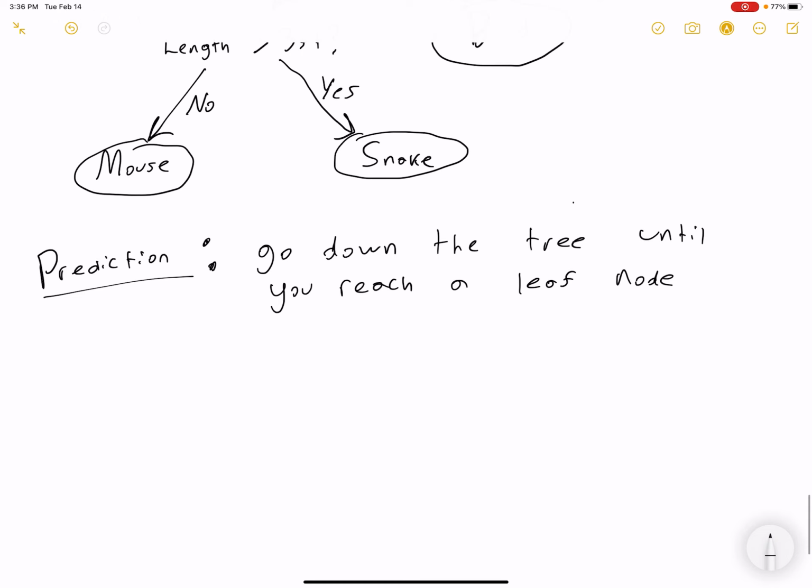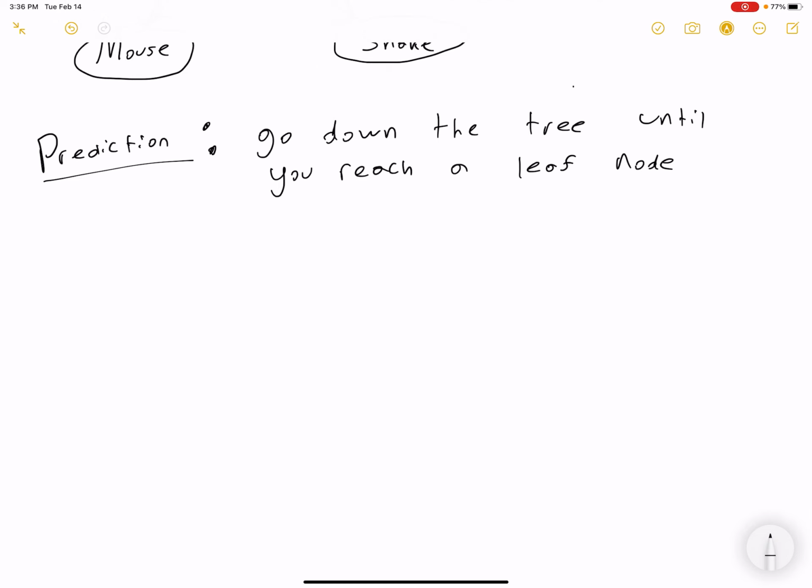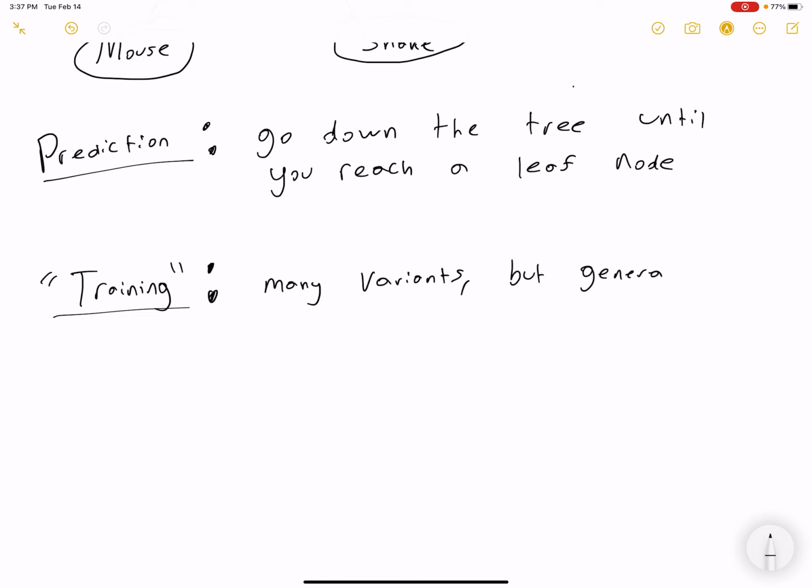Training's a little bit more complex. So let's look at training. So training, there's many variants to how to train a decision tree, first of all. We're not going to talk about all of them, but the general idea is to